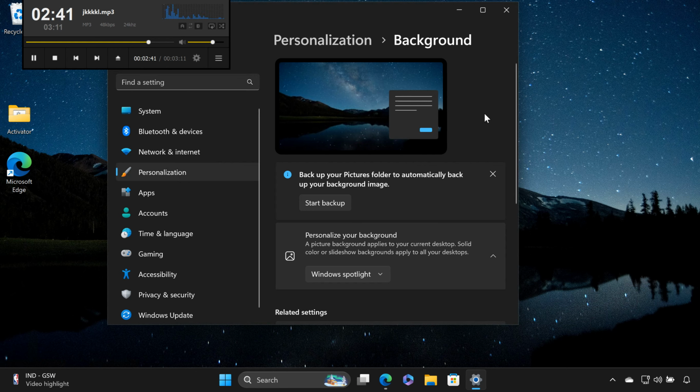Conclusion. The Learn More About This Picture icon is a minor feature of Windows 11 Spotlight, but removing it can improve your desktop's aesthetics. By following the steps above, you can enjoy Spotlight wallpapers without the distraction of extra icons. If you don't need Spotlight, switching to a static background offers a simpler solution. Enjoy your clean and organized desktop. For further tips on Windows customization,